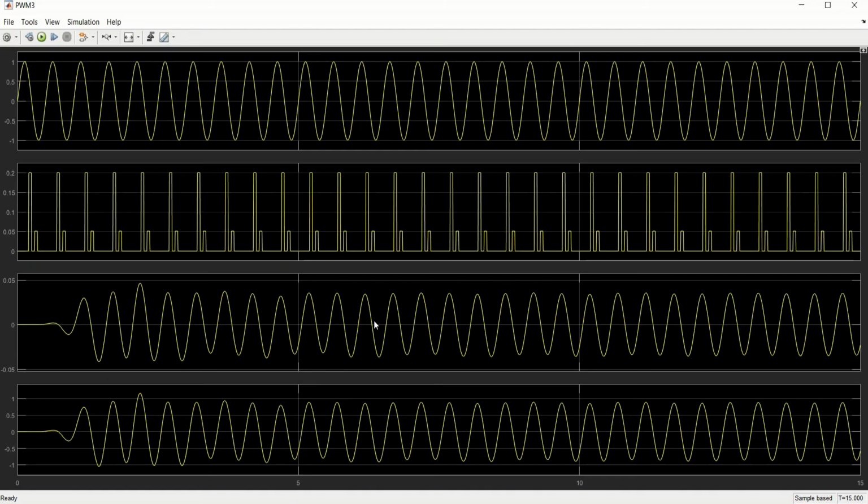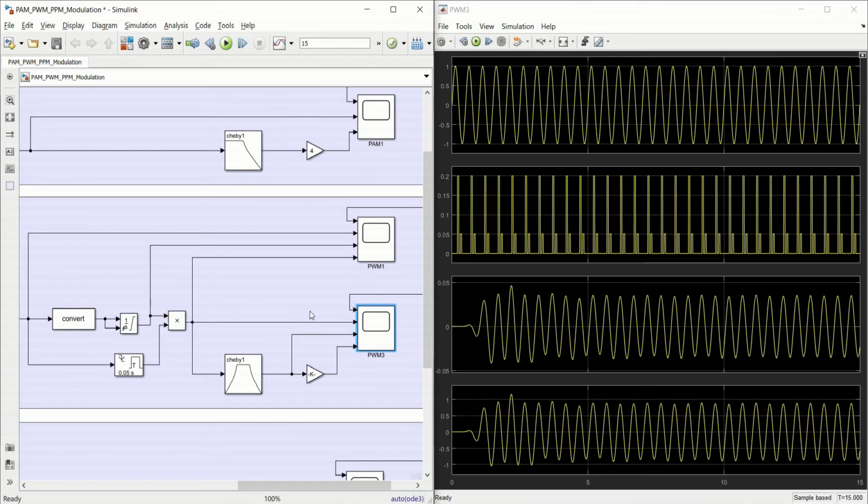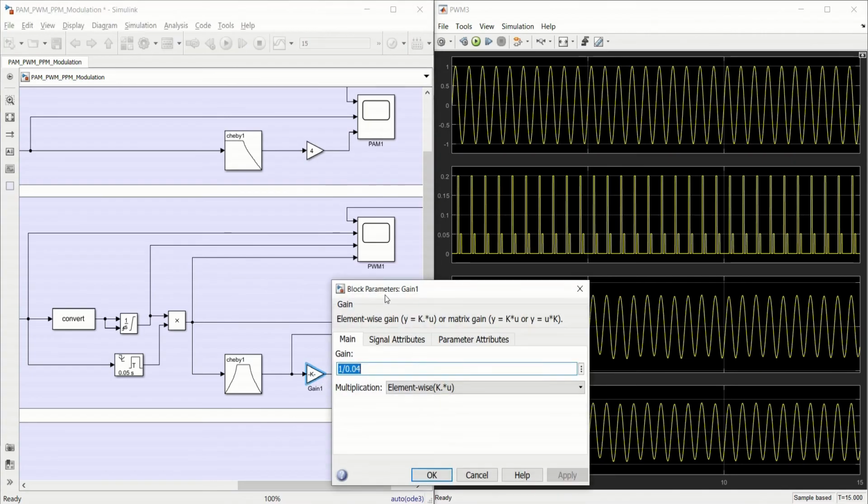So let us plot this scope over here. So again, this is our message signal which is coming from here, and the second is the output of this multiplier, a kind of a PAM signal, and the third waveform is coming from the output of this band pass filter, which is over here, and finally we use a gain